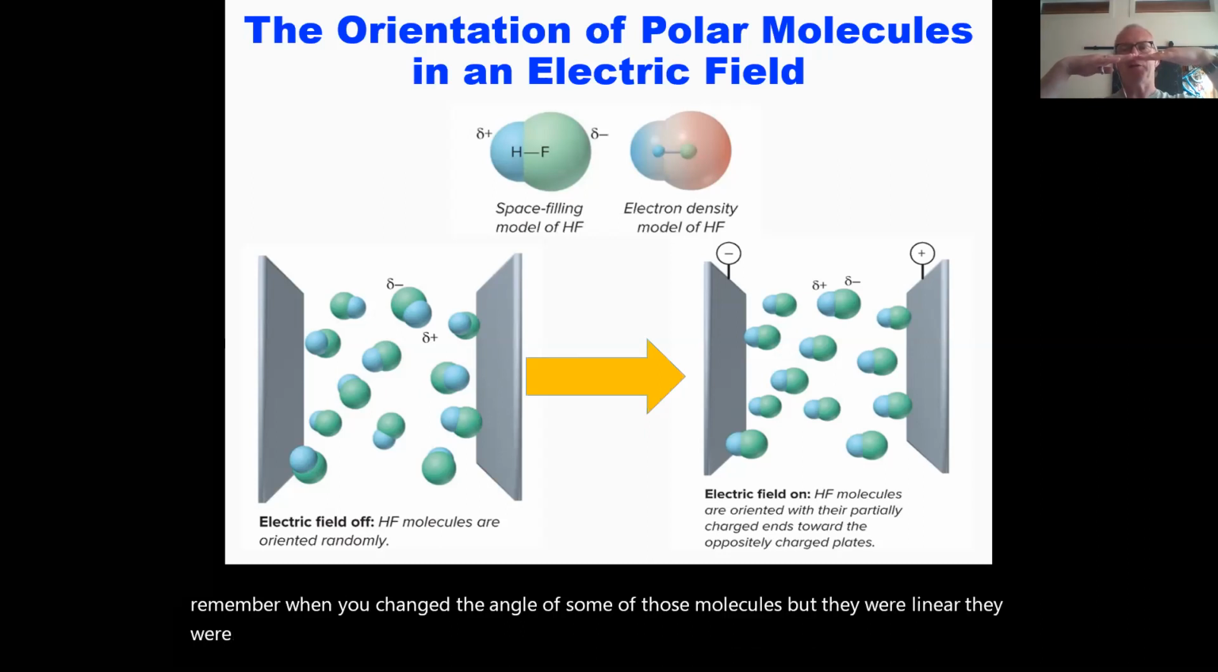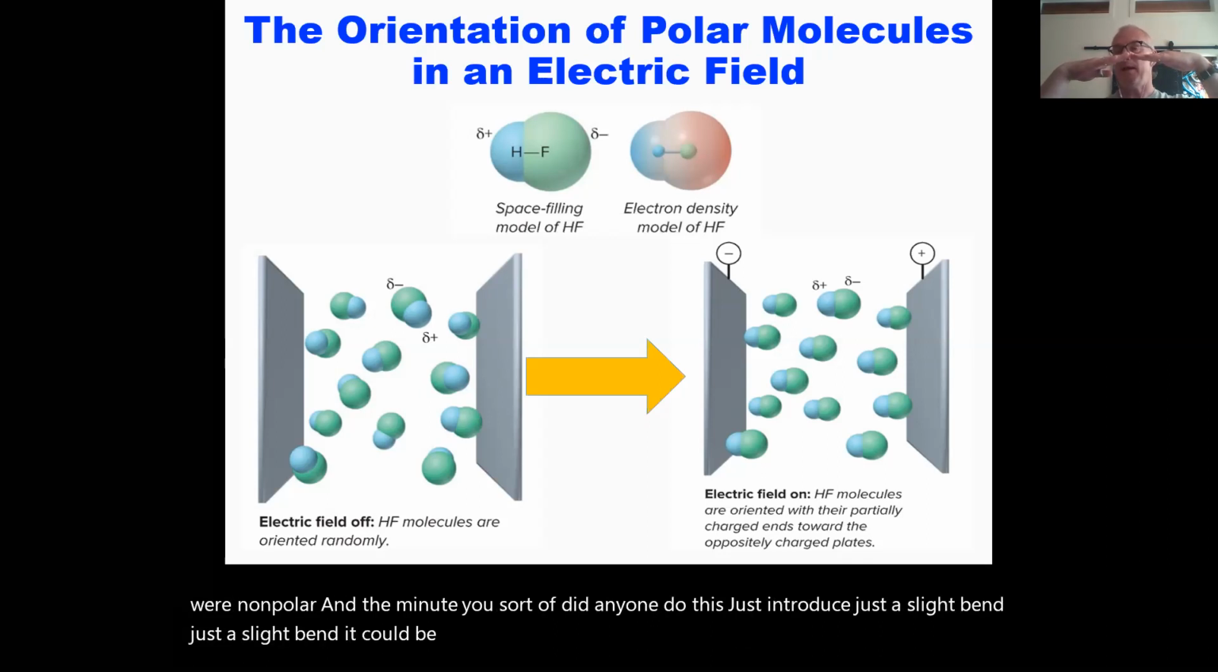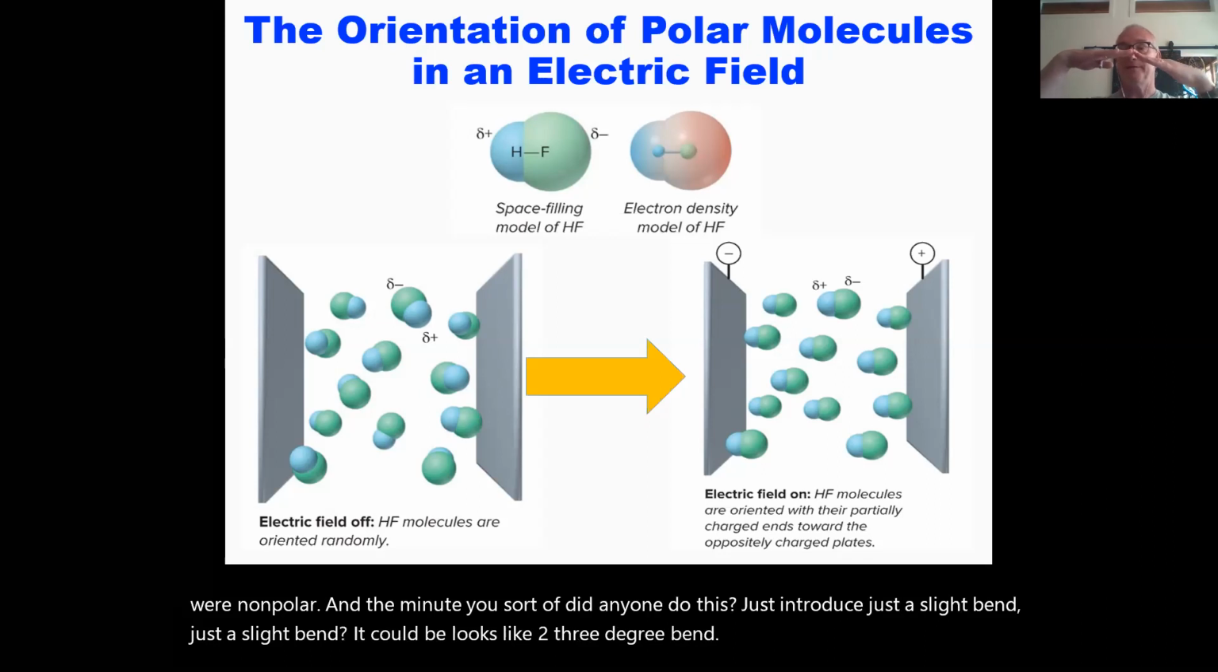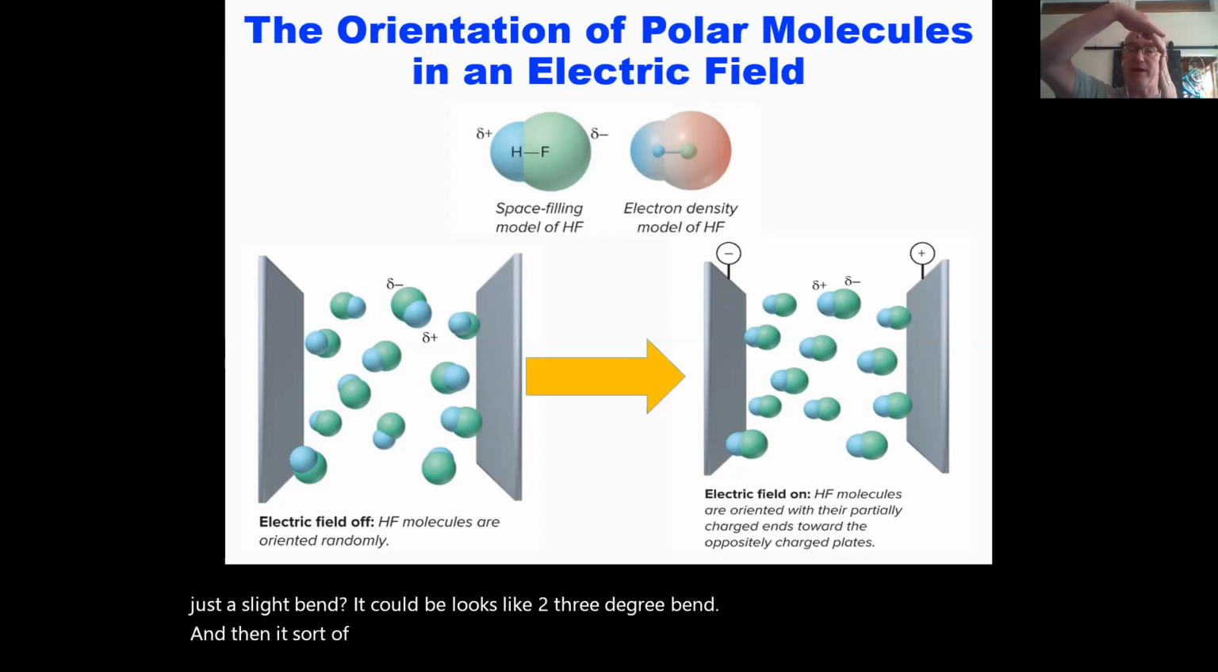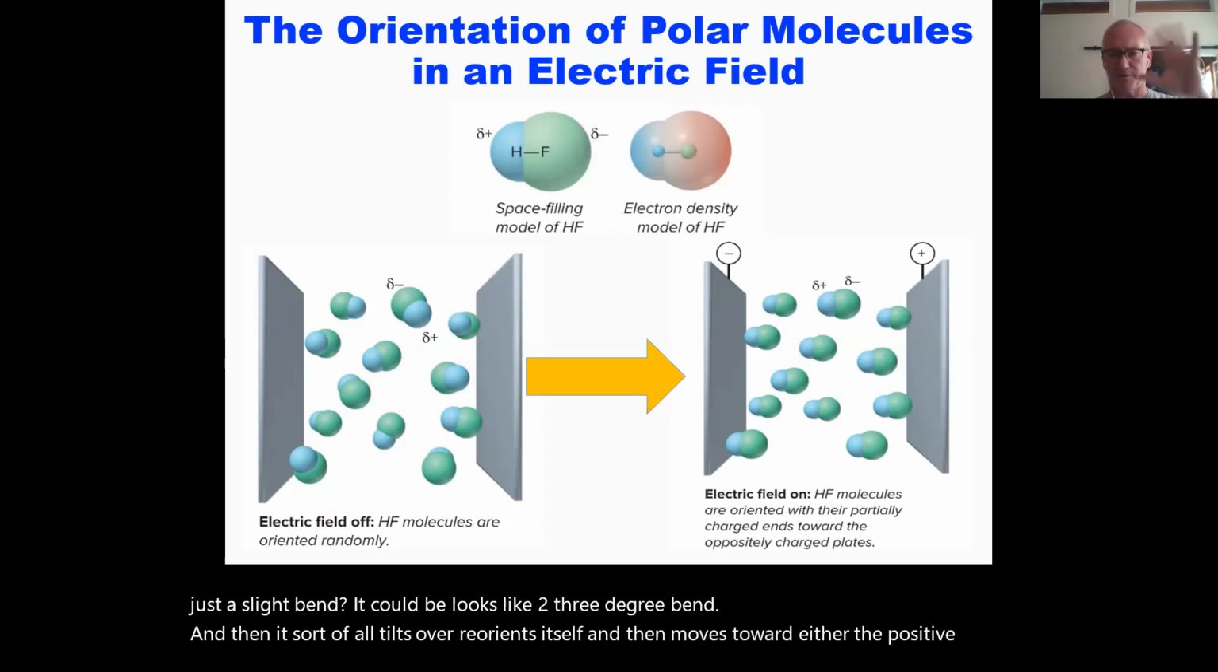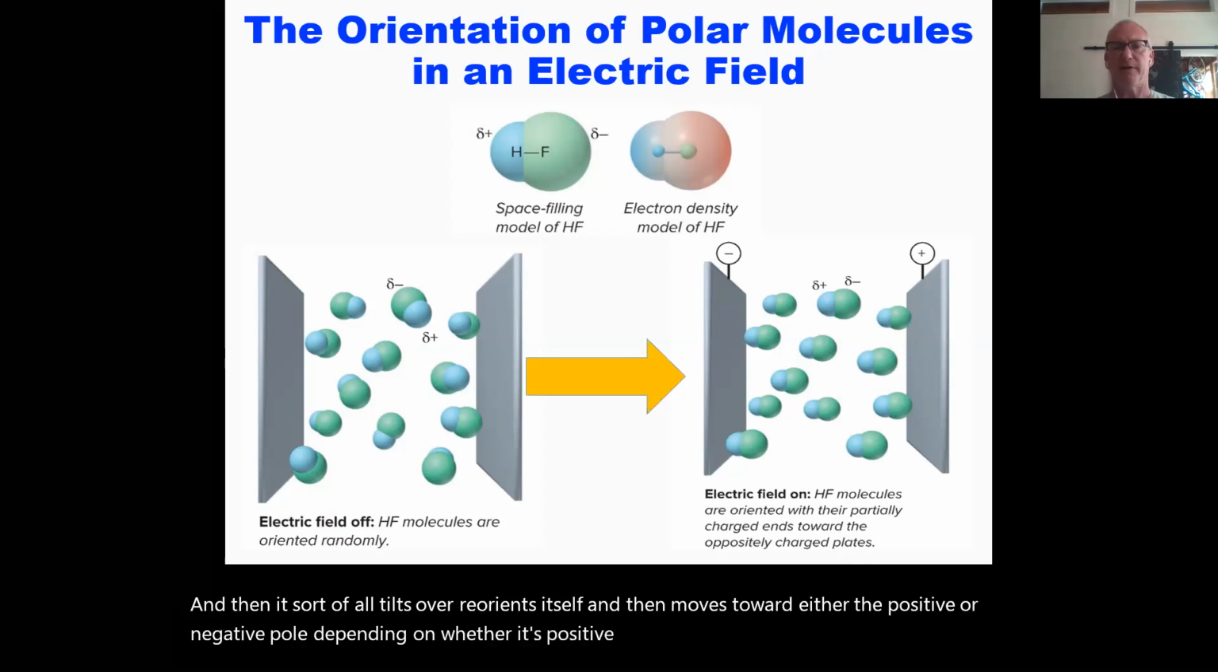And the minute you did, anyone do this? You just introduce just a slight bend, just a slight bend. It could be just like a 2-3 degree bend. And then it sort of all tilts over, reorients itself, and then moves toward either the positive or negative pole, depending on whether it's the positive or negative side of the